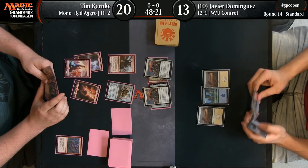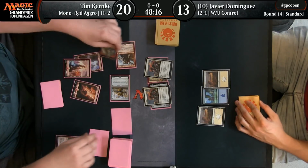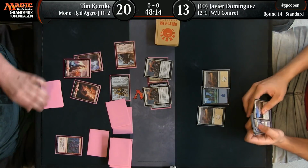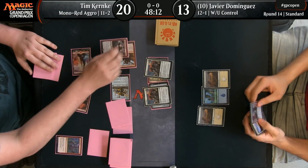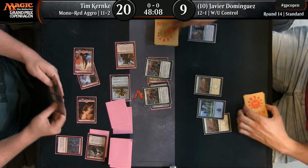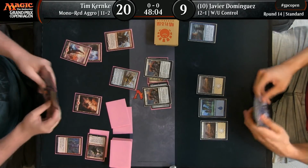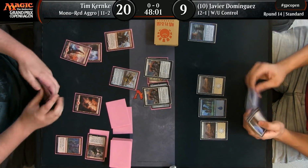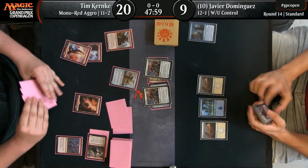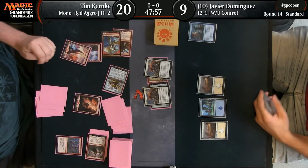And by the looks of things, we may have Javier Dominguez missing land drops, and that is definitely not where control wants to be. No, definitely, Tim. In this matchup, we can see that Javier kept a 2-lander, but because he had multiple things to do on turn 2, multiple Seal Aways, as well as Syncopate and Negate. However, the thing with these red decks is that they have tons of burn, and they can burn you out later in games. So if you don't turn the corner,